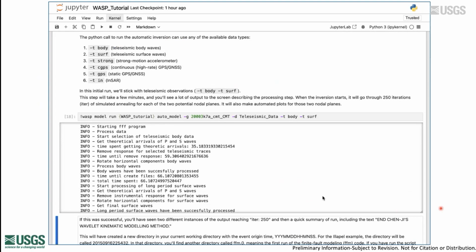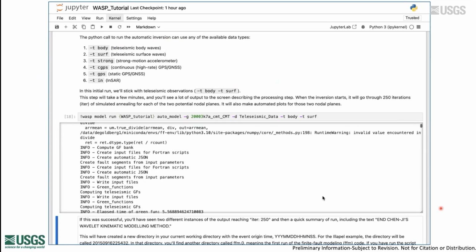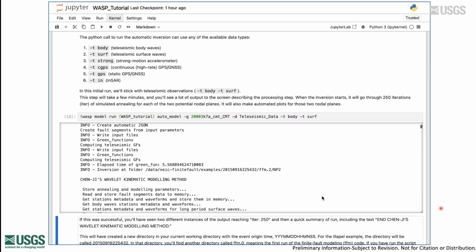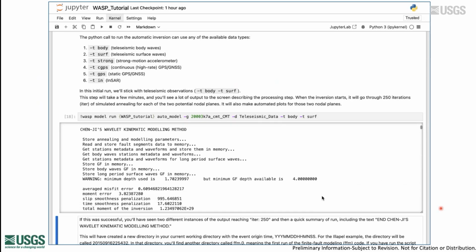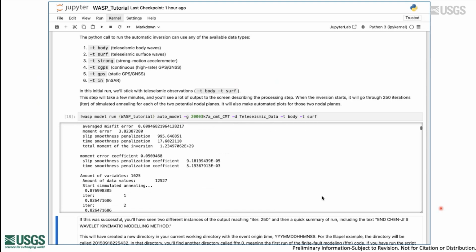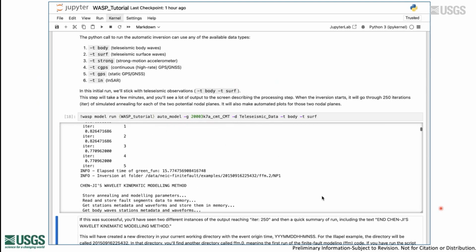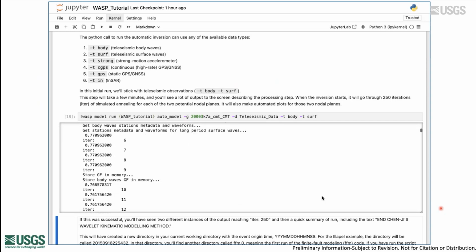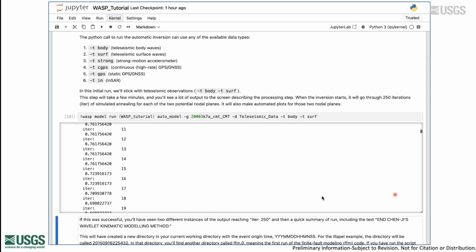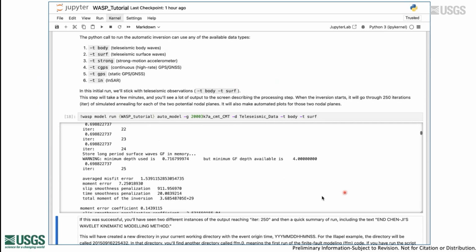So you'll see a lot of output when the process starts. It will write a lot of files that are required for generating the solution and do some data processing. And then it'll start running through 250 iterations of the simulated annealing. And at some point here, you'll see that this countdown or count up that's going from 1 to 250 will